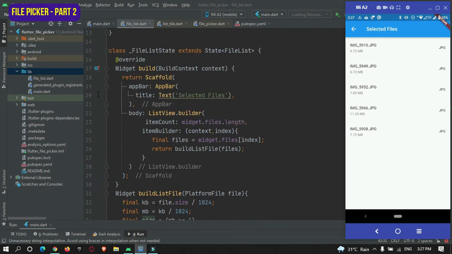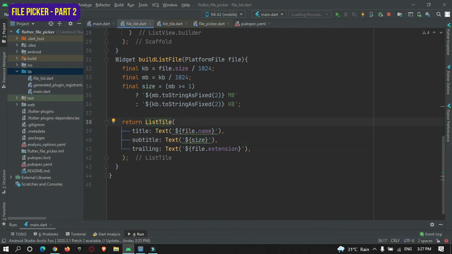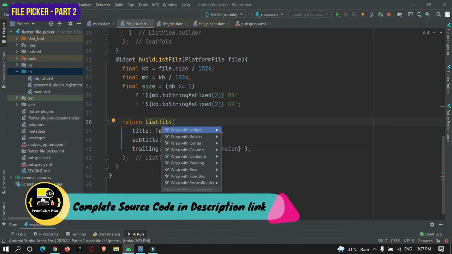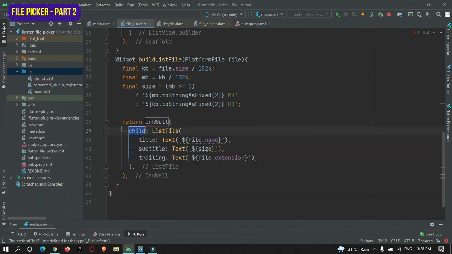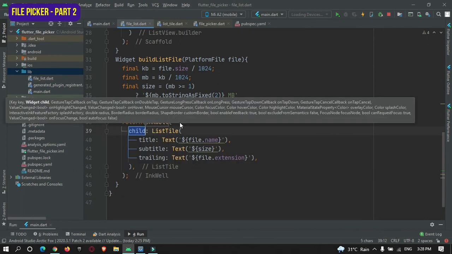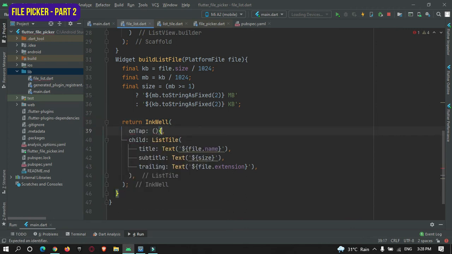Now if a user clicks on this selected list and I want to open this file, for that, over here in the ListTile, I will just wrap this ListTile into an InkWell widget. In this InkWell we have a property that is onTap.